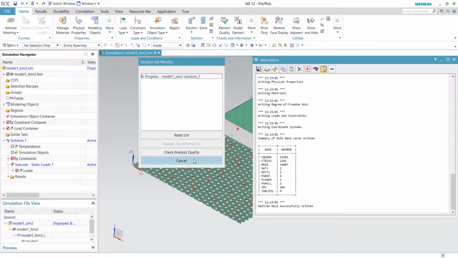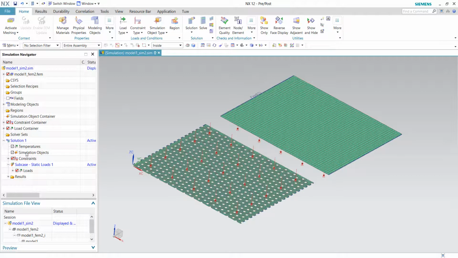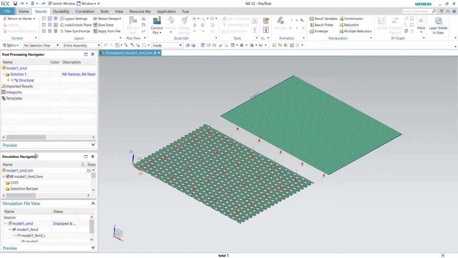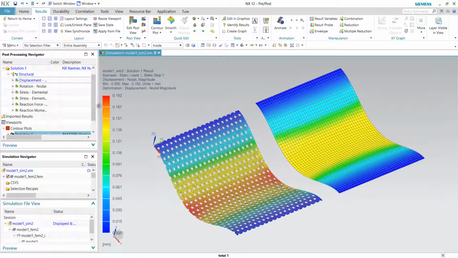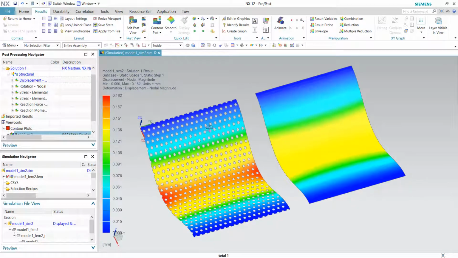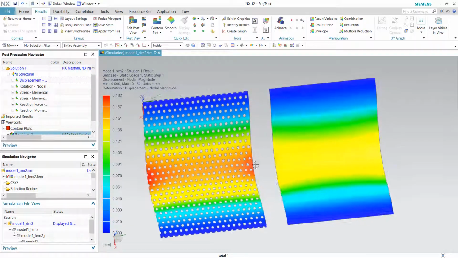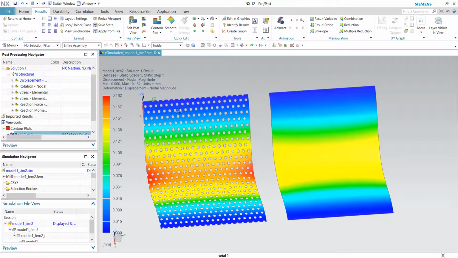Now that the solution has been done, we'll quickly look into the results. The first one that we'll be looking at is the displacement results. Let me just quickly hide the mesh. For the displacement result, there are definitely very significant differences between the two, because